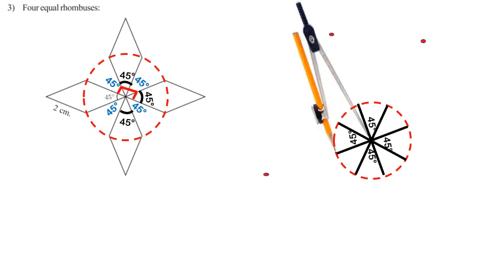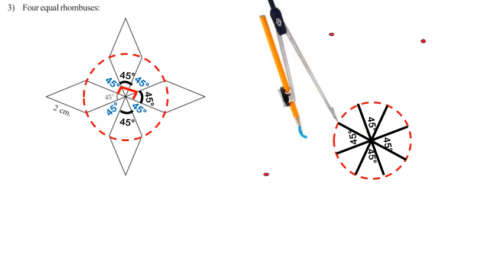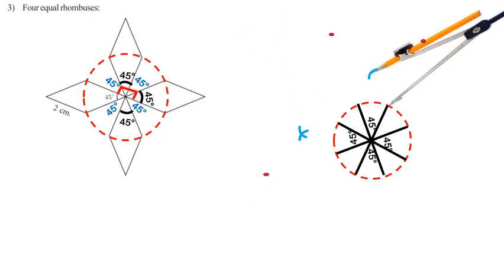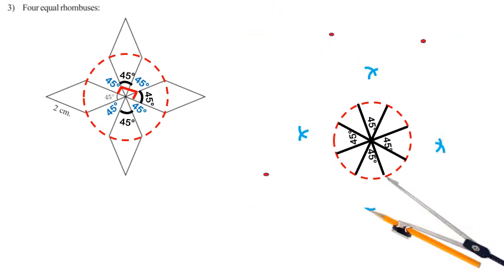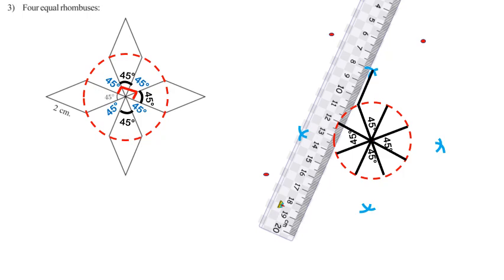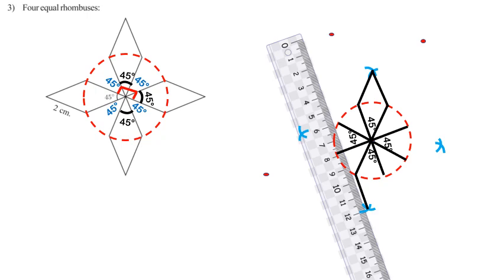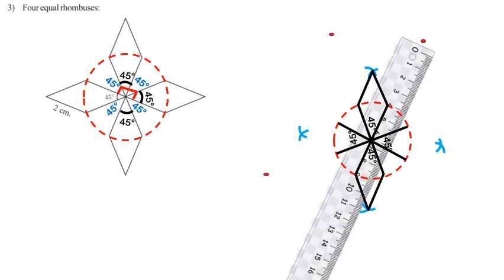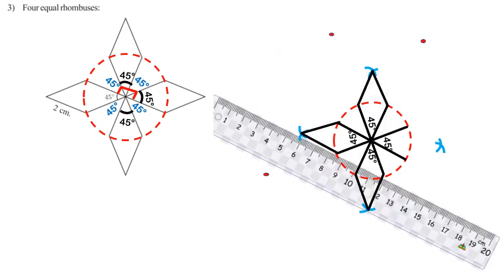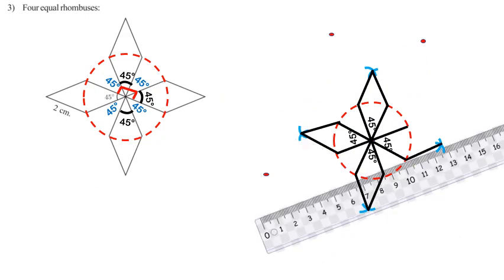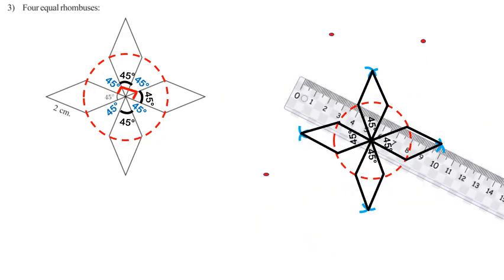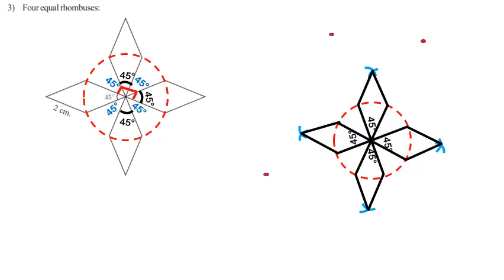Then what's next? Yes, use our compass and take 2 cm. Then draw arcs from each end of diameters as per getting the rhombus in the given figure. Then use our ruler and join this intersecting points with the end of each diameters. Then complete these figures. Then we get 4 equal rhombuses.